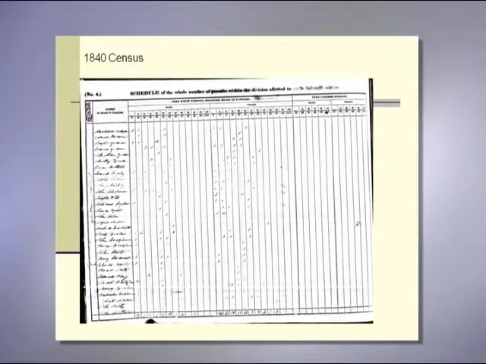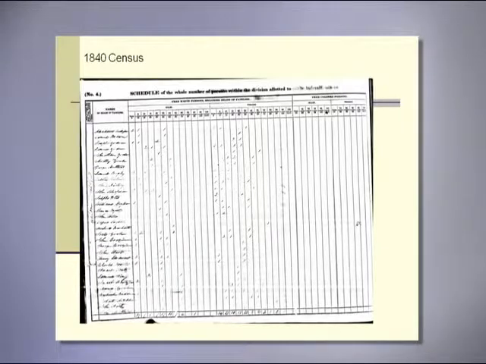So using the early censuses can be a little difficult because you sometimes need to go back to the first page to figure out what the questions are. And if your ancestor's on the fourth page, you don't necessarily know what the questions are until you go back to the top of the page. In 1830, they finally printed the census schedules, but it was still a statistical summary. On line 4 is